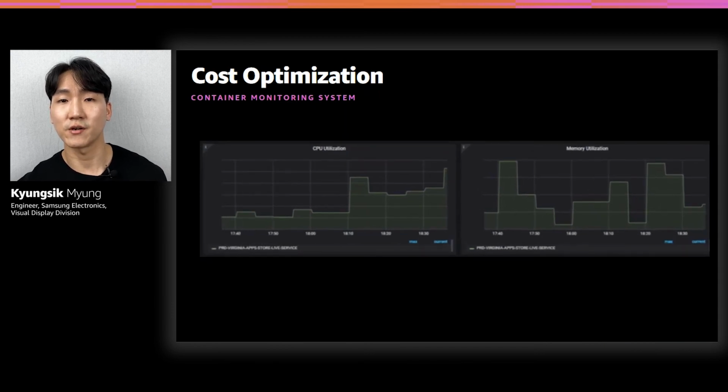As you can see here, this monitoring system helps us observe CPU and memory utilization. Based on this data, we could find optimized CPU and memory requirements. So we could estimate the right number of compute units and reduce unnecessary time in use.